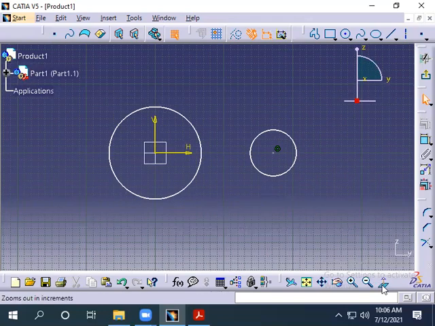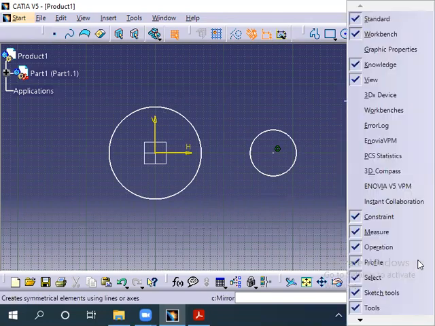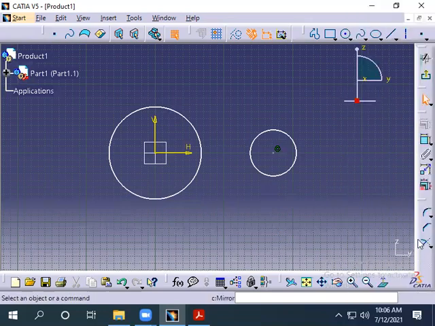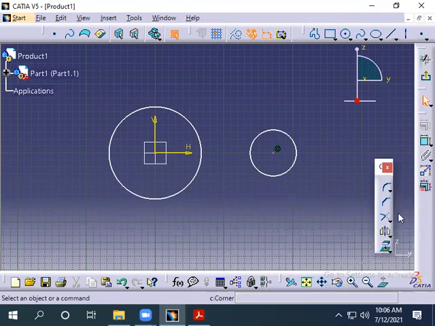Here you see at the bottom, is it there? If it is not there, you can right click and switch on whichever are not on: constraint, measure, operation, profile. If they are not on, you can switch them on and they will appear there. You can drag them out also like this. Many would be hiding down here because you have a line of these toolbars.